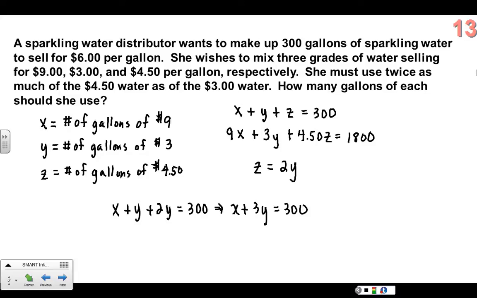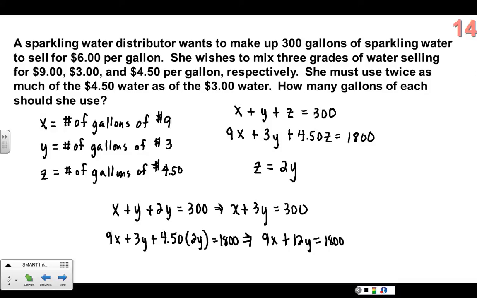All right. In the second equation, you have 9X plus 3Y plus 4.50Z, and we know that Z is equal to 2Y, equal to 1,800. So that's going to give me the equation of 9X, let's see, that would be 9 plus 3, 12Y. Okay? So we have a system of 2 equations, 2 unknowns. Let me write that in a different color so you can kind of see what's going on here. X plus 3Y equal to 300. 9X plus 12Y